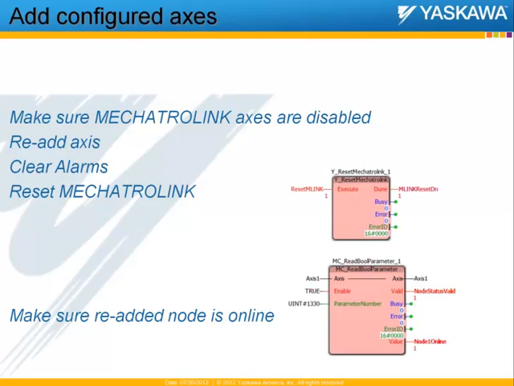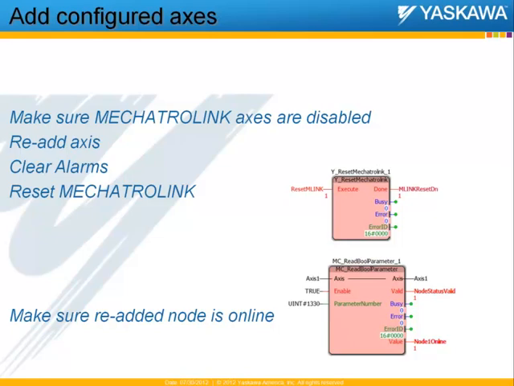Once a newly added axis is seen by the controller, it needs to synchronize the Mechatrolink communication network so that all axes are resynchronized to the Mechatrolink clock. To do that, the first step is to ensure that all the Mechatrolink commands are disabled, which means all the axes should be disabled, and then the new axes be added onto the system, any alarms that exist in the system be cleared, and then Mechatrolink communication can be reset using the Y reset Mechatrolink